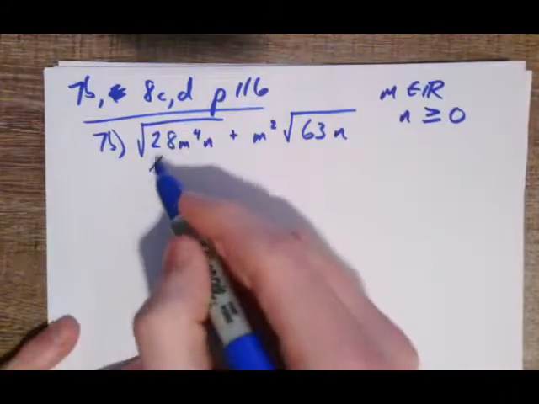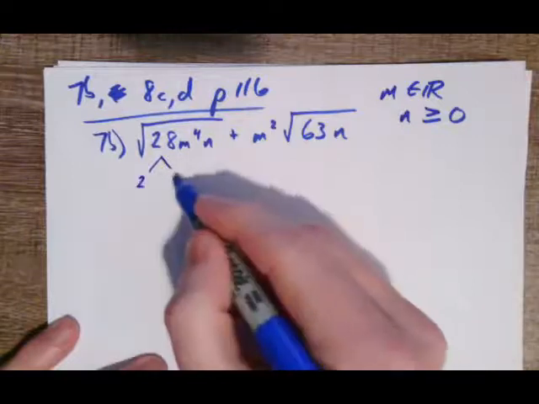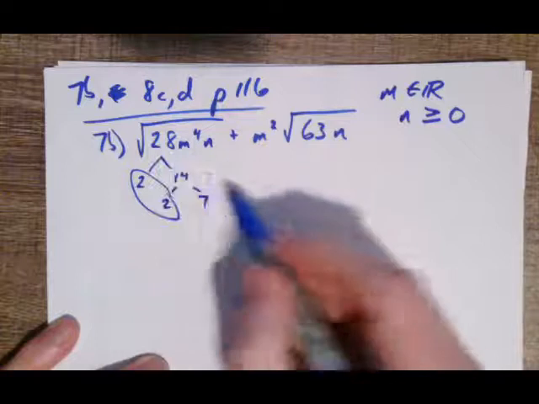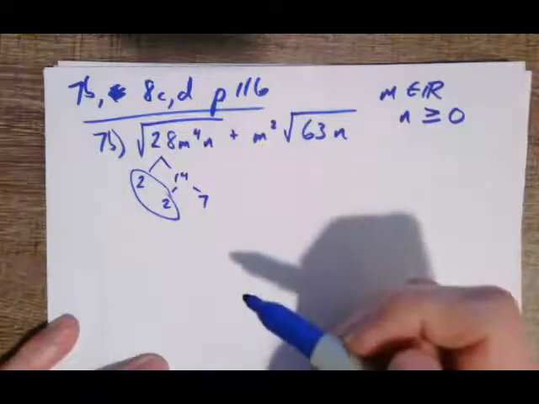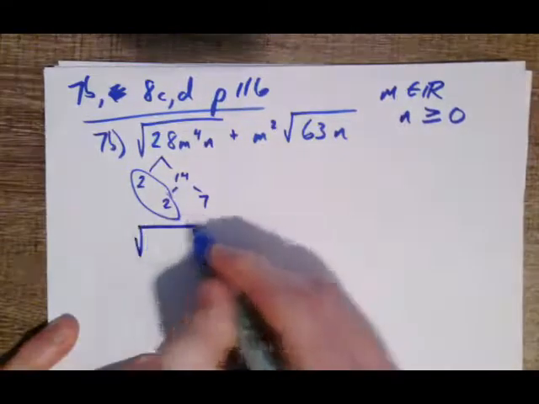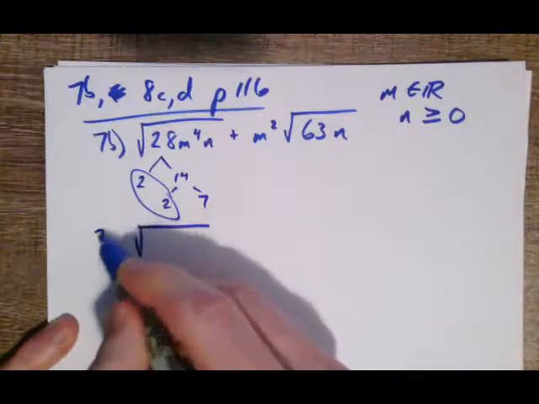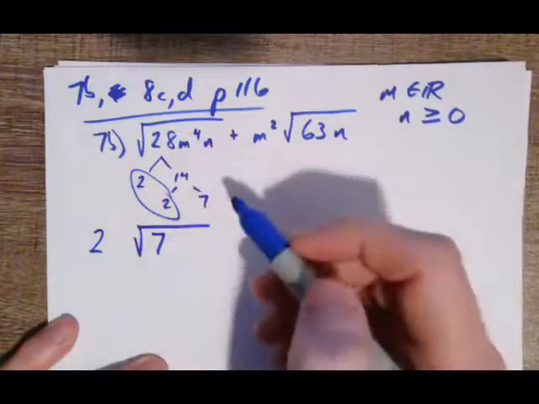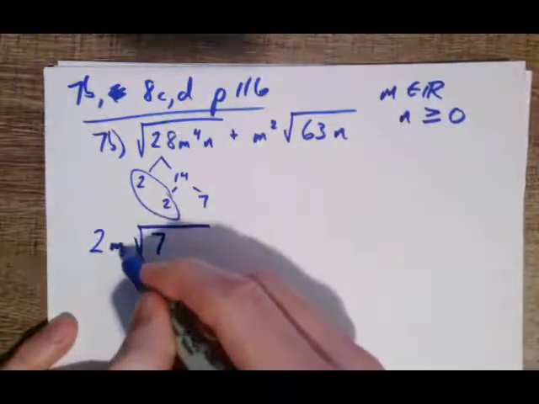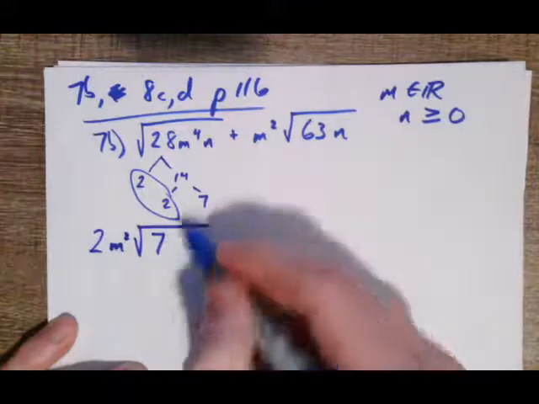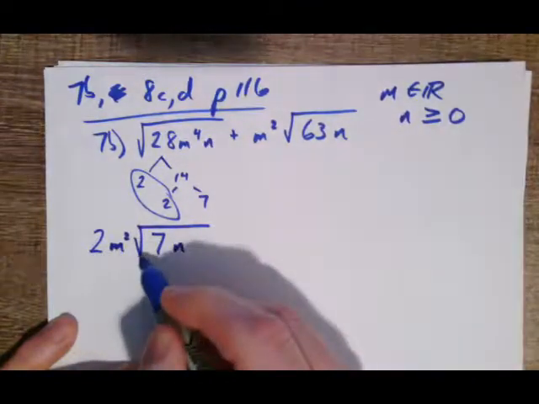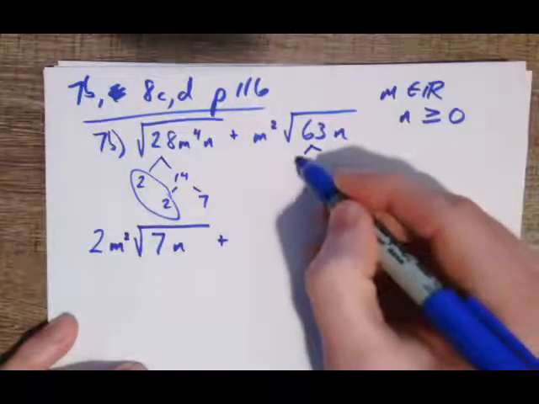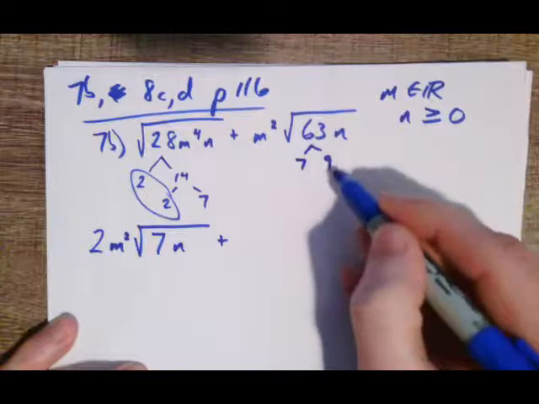28 is 2 times 14, which is 2 times 7. So the root of 28 is going to be 2 root 7. So I'm going to leave a space for the m, 2 root 7. That m, the root of m to the 4, is m squared. N stays behind. So we have 2m squared root 7n